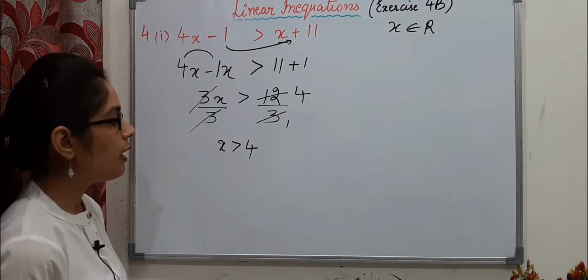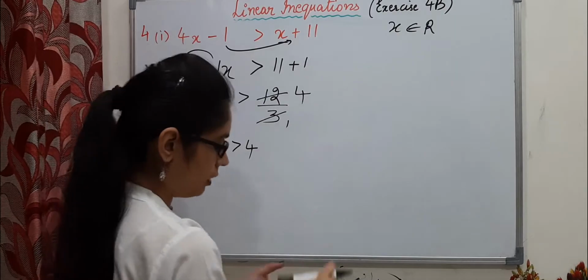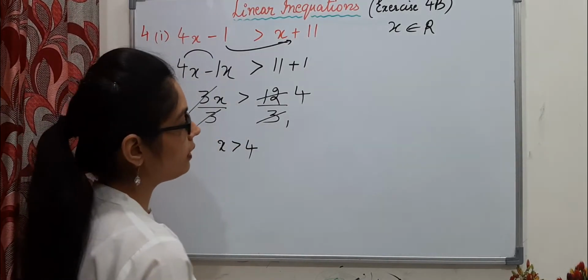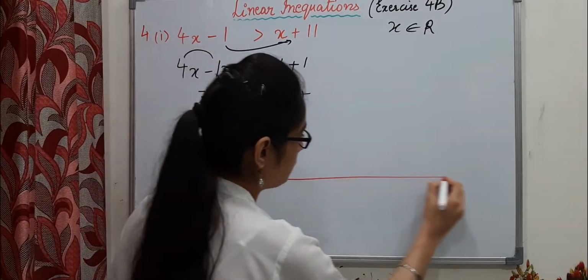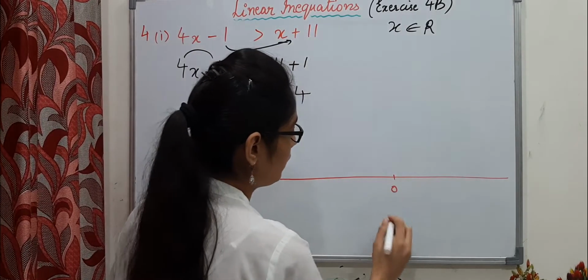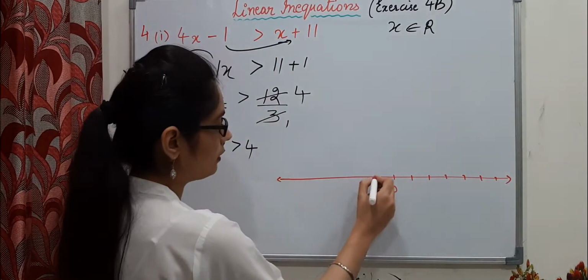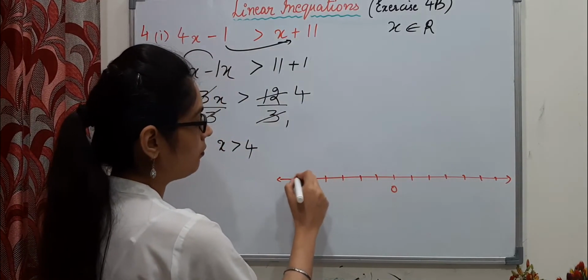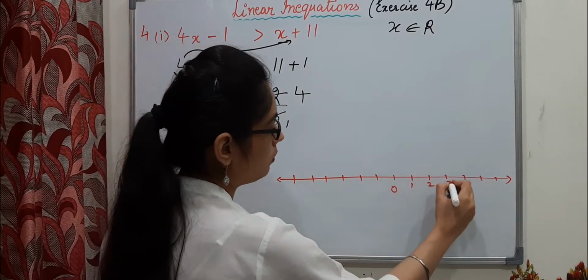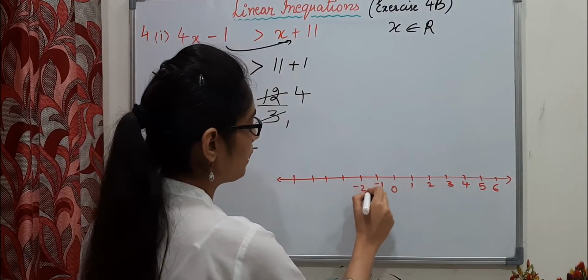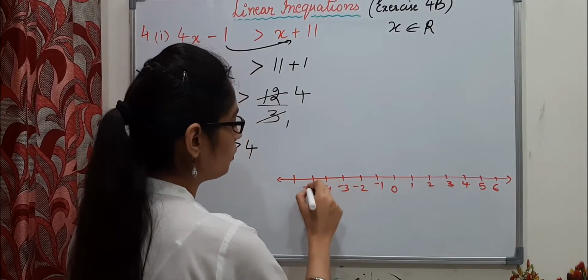So this we have to draw on a number line. So x is greater than 4 and the replacement set is of real numbers. So let's draw a number line. Center of the number line 0, one side of the number line positive integers and the other side we have to draw negative integers. 1, 2, 3, 4, 5, 6, minus 1, minus 2, minus 3, minus 4, minus 5,